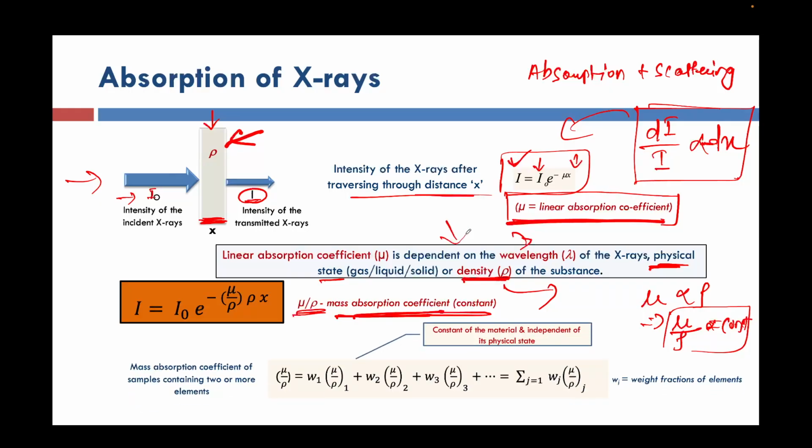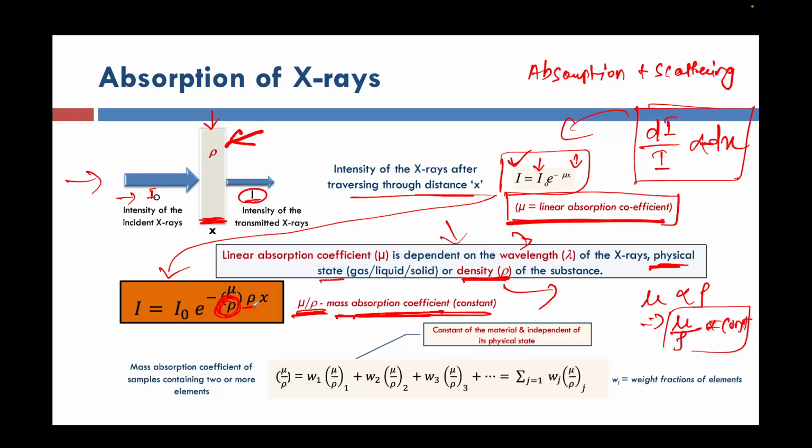And then what we did, this formula which I am talking about now, has been converted to I is equal to I naught. Same thing, only instead of mu x we put mu by rho. Since we have divided by rho here, we have to multiply rho here into x. So what we have done now is, I, that means the intensity of my transmitted beam, will be equal to the intensity of my